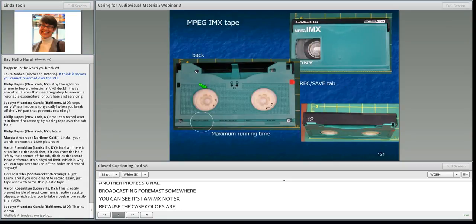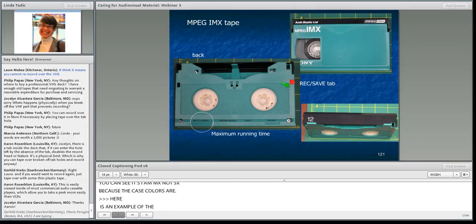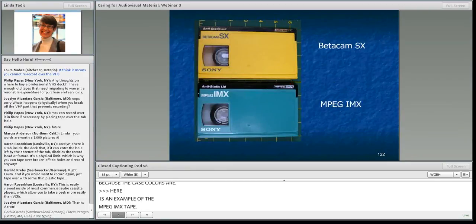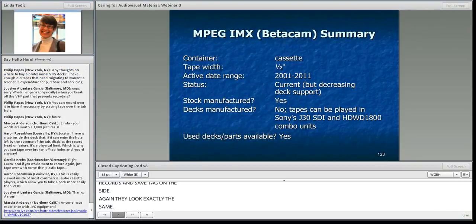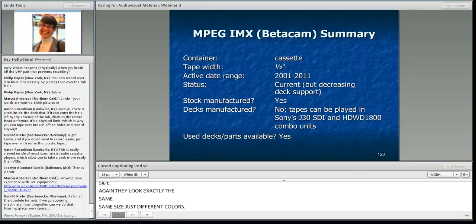So again, you have the running time, which can be on the lid here, and also down here in the left back bottom corner. The record save tab, again, is on the side. So again, they look exactly the same size, both the SX and the IMX, just different colors. So this is where the color coding comes into play. IMX is the same as SX, where the stock is still manufactured, but there's no dedicated deck, and it can be played in combo units.